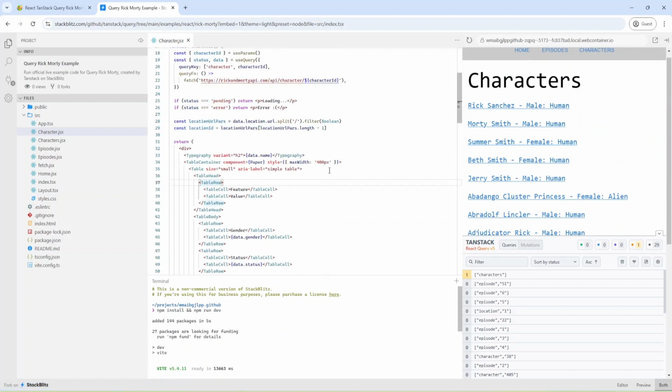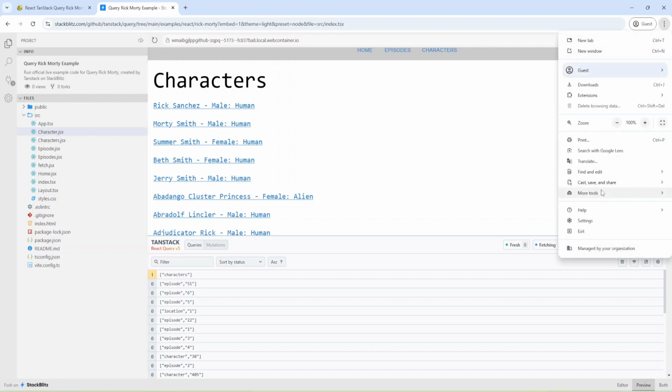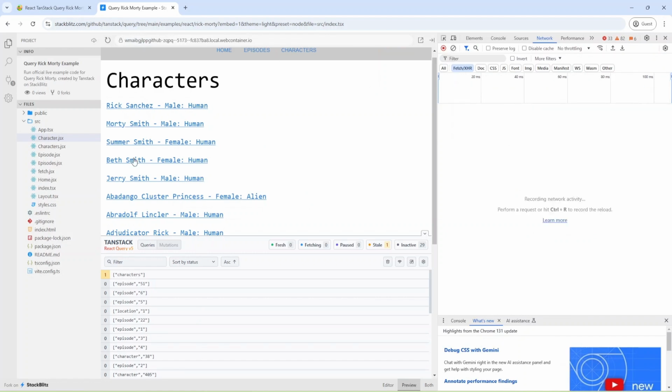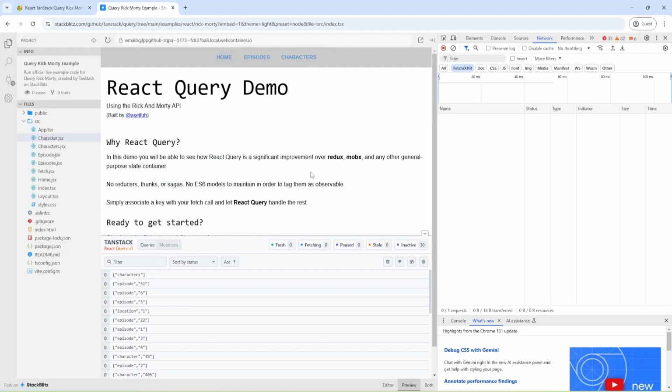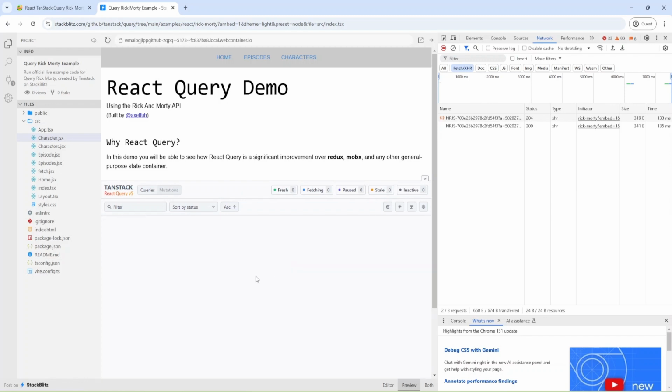Okay, we checked the code, and let me open only the preview, and also I'm going to open the network tab from my browser and clear it, and okay, and let me go to home, and as you can see we have React Query Tools, and let me clear all cache queries, and now I can go to episodes.